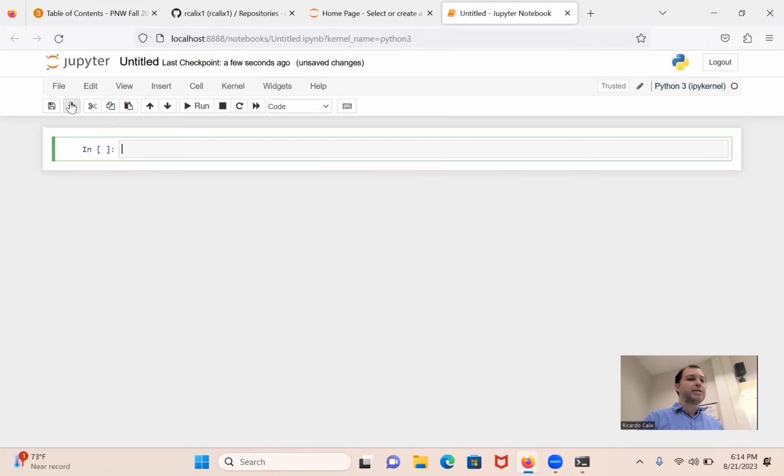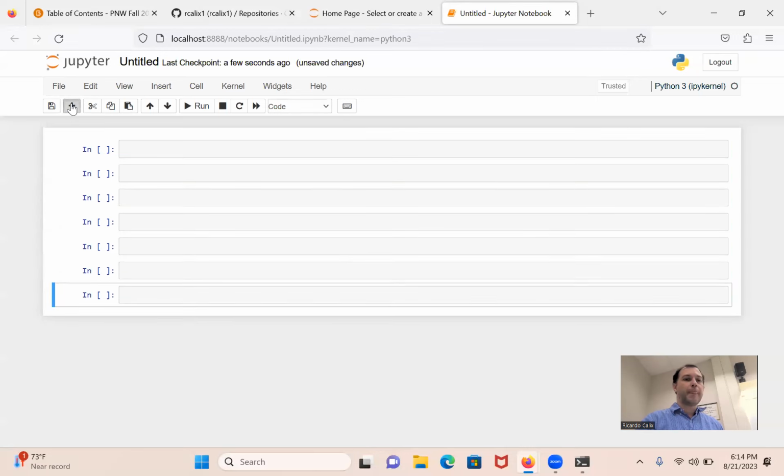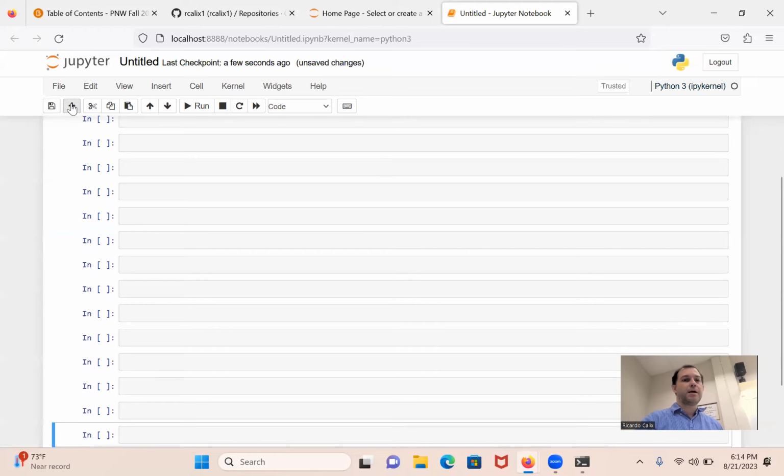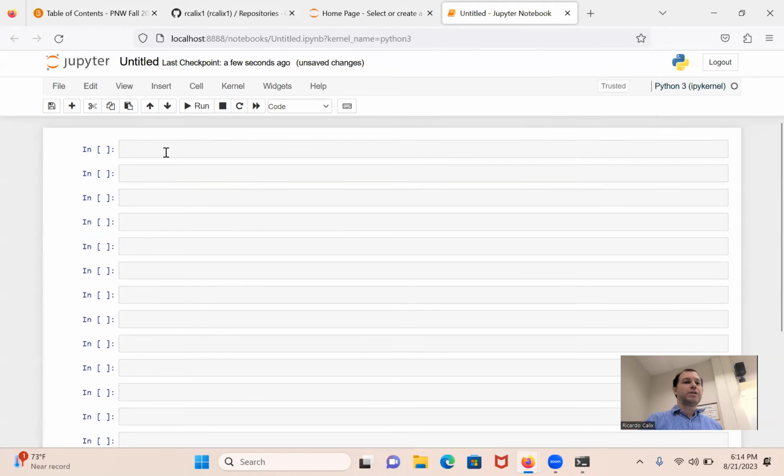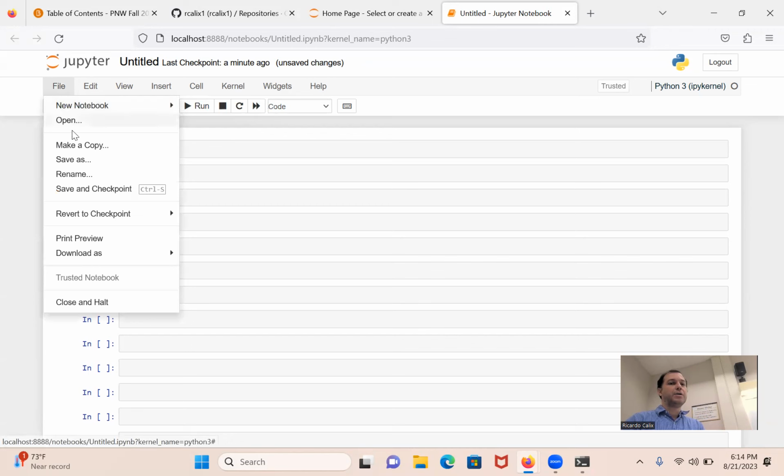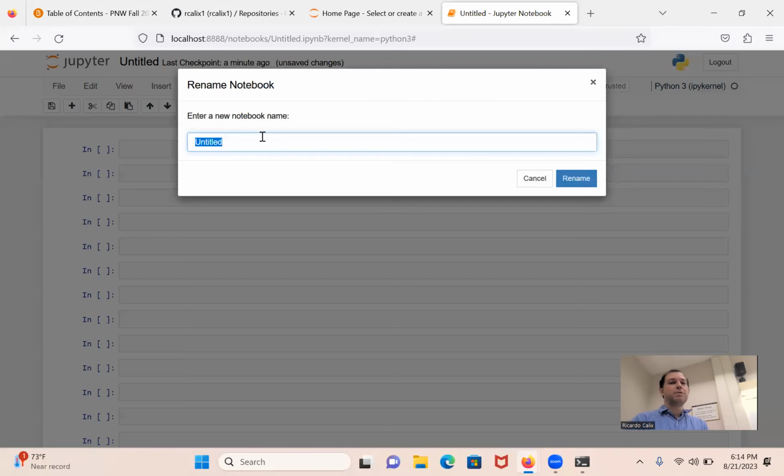So this plus just adds more cells, so I usually like to add a few more. As you can see, it doesn't matter how many, okay? So I do that. You will probably want to rename it because it's currently called untitled, right? So what you do is you go to File, and then you can do rename, and then you can just say week 1